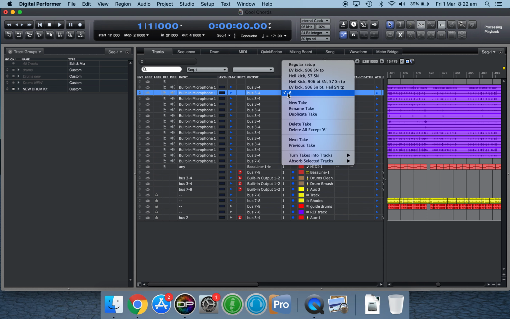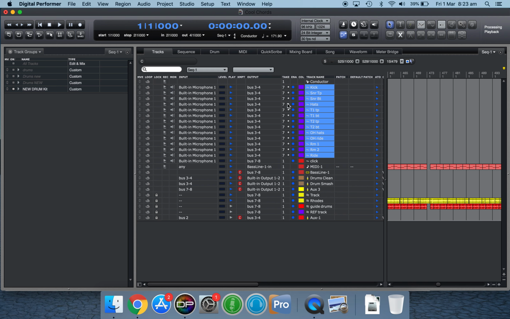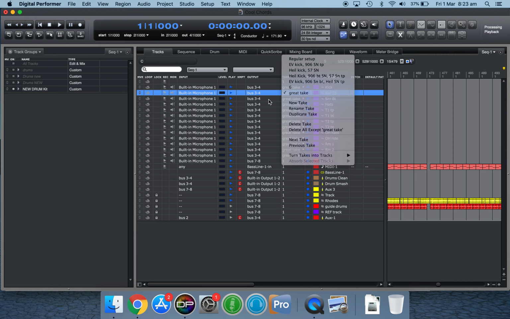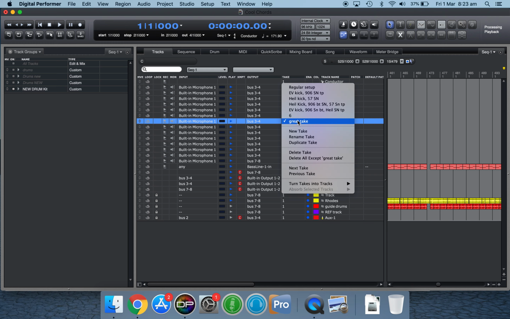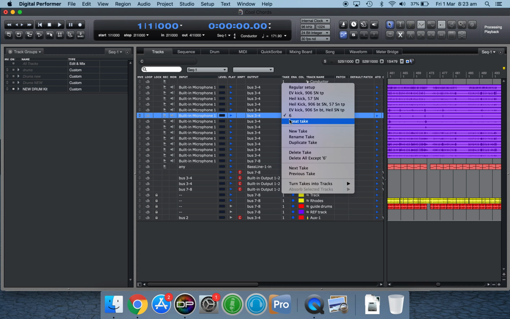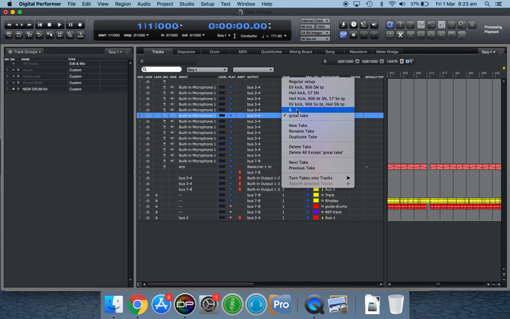together and I've got multiple takes here. I've renamed those takes, so for instance, if at the moment I say new take, it's going to automatically name it as take 7. And if I option click that take number on any of the tracks and type, say, great take, for instance, if I wanted to name it, just click enter, it names all those tracks with a new name for the take, and you can jump from one to the next by simply clicking on those, and all of them as